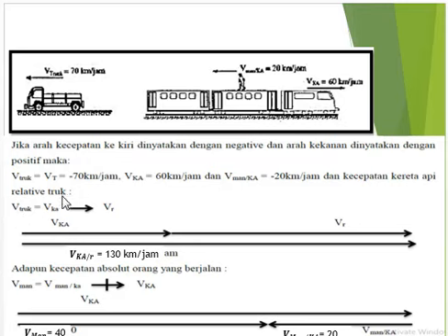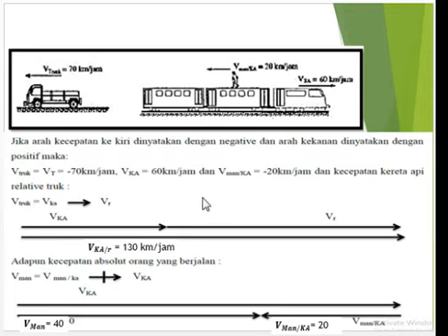And then we can look at the velocity of the train relative to the truck. We can draw this equation: V train equals V truck plus V train relative to truck. Furthermore, you can draw some lines with arrows. You can draw the velocity for the train and then the velocity for the truck. The velocities of the truck and the train have opposite directions. The truck is in the left direction, and the train is in the right direction.